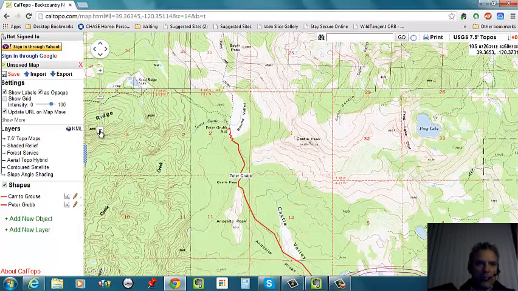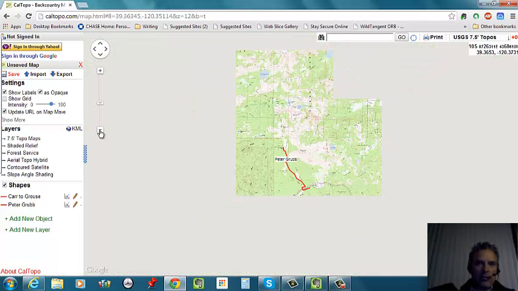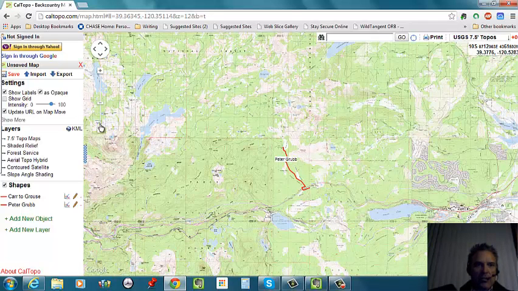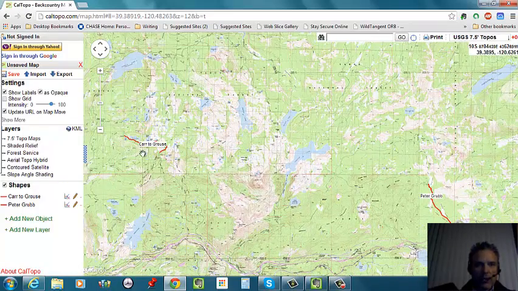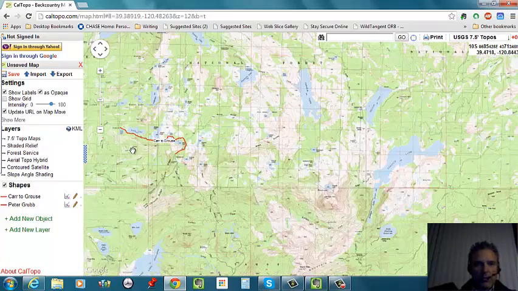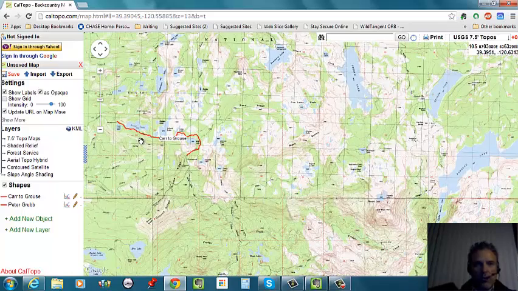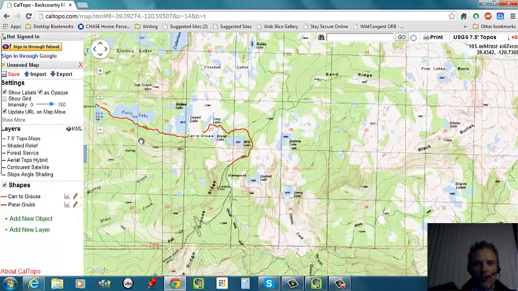There's another trip that I've done, and I haven't done this whole trip completely. I've done part of this trip. I was going to try to use the arrows, but I will just grab the map and move it. Okay, now